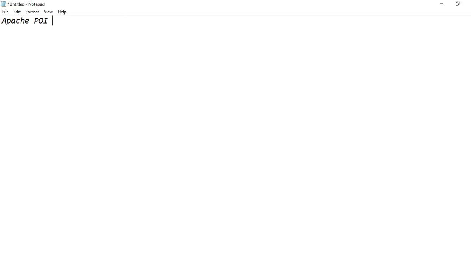So Apache POI is used for reading Microsoft documents. It could be a Word file, it could be a PPT or an Excel sheet. So our purpose right now is to read an Excel sheet. Fine. So we need to add this Apache POI jars, or you can say dependency, in our pom.xml file,